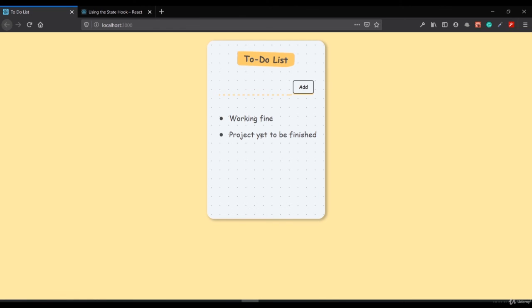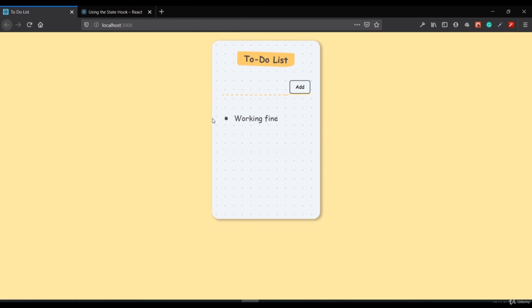So now you can see actually the project has been finished. So now if I click it, the item will get removed from the list. The same for this also. So thus we have completed the project successfully in this React course. You successfully finished your first React project. And in the next module, we are going to deploy this project on the internet.